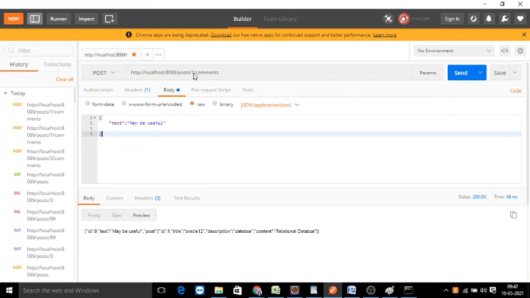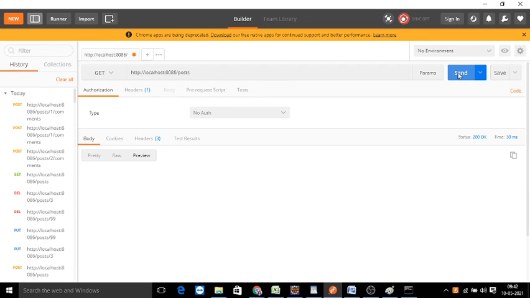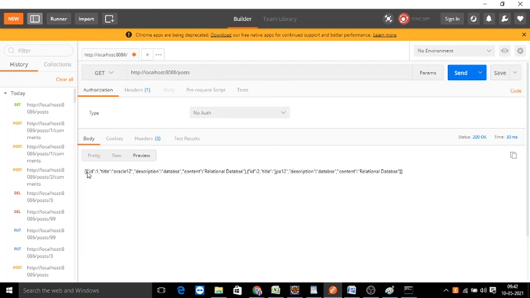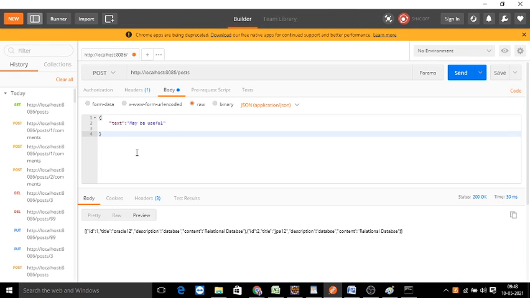Let's say you wanted to add here a post body. You need to change again the structure of your post. Add the post, a body.